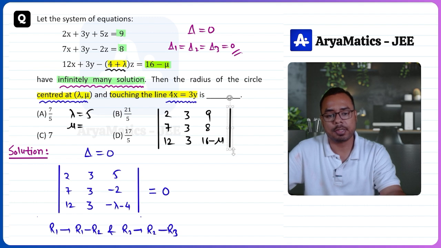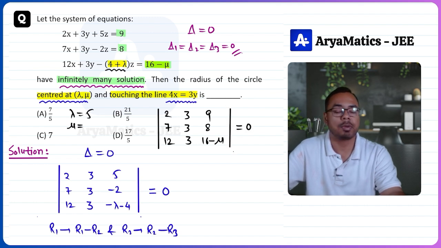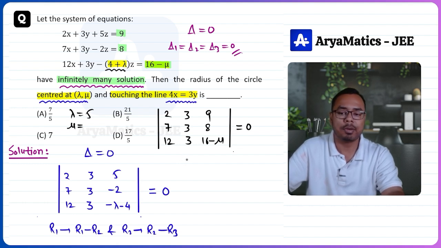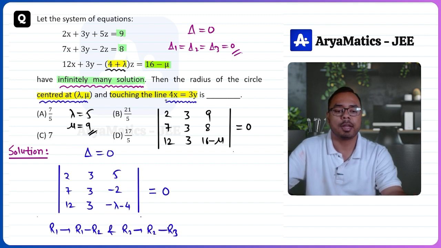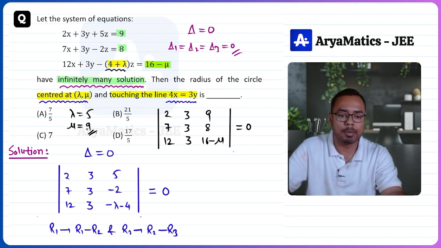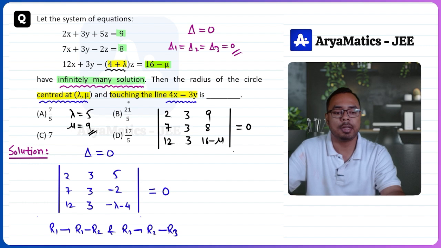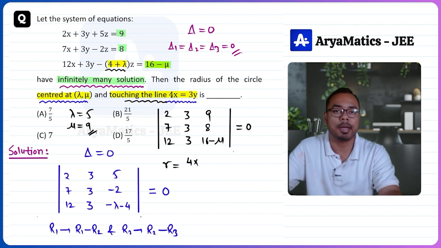So again, you can do the same sequence of steps. You can create two zeros and then you can calculate nu from here. After calculation, you will find that the value of nu is 9, right? So that means the point (lambda, nu) will be (5, 9). We need the radius of the circle which is just touching this line. That means this line is the tangent line. So the radius of the circle will be, when the line is 4x minus 3y equals 0,